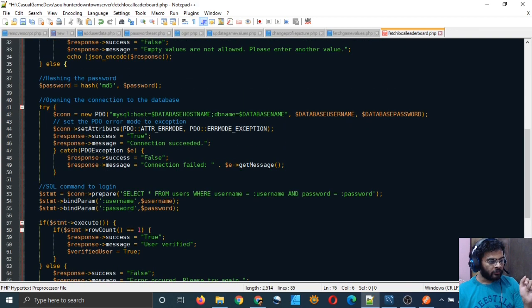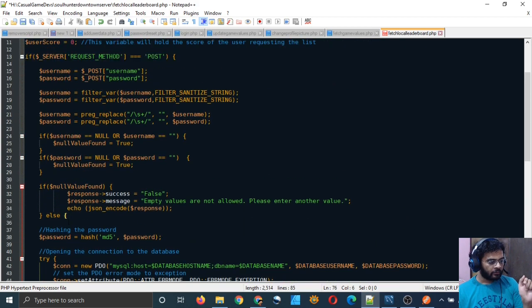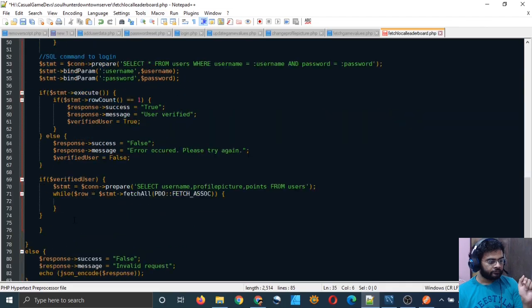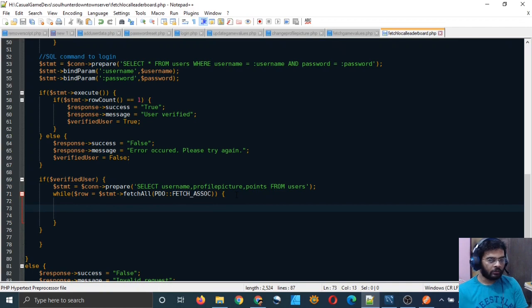This bracket belongs to this else, right? And this else has this if, and this bracket belongs to this if, so it's closed. This bracket belongs to this while, so that's good, it's all closed.